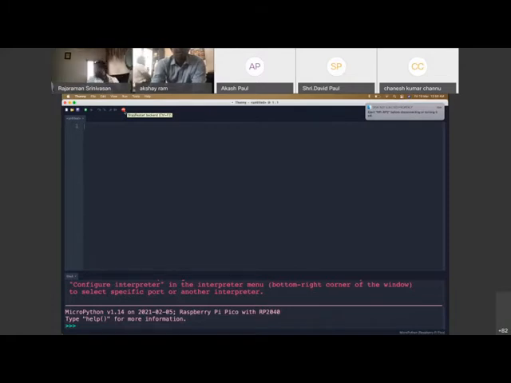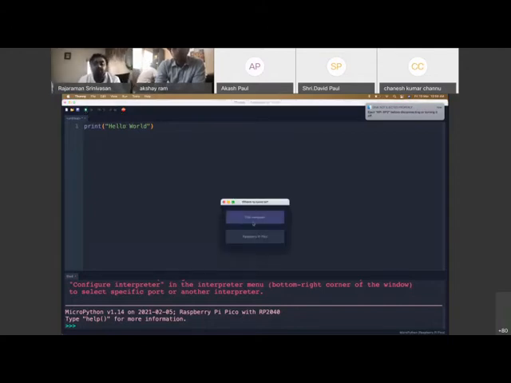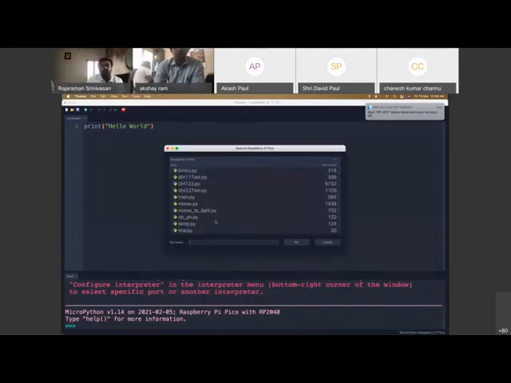So we will go print, open quotes, hello space world. All right. So now to run this, you would be pressing this green button. So it would ask you where you want to save it. So preferably you can save it on the Pico. So now you have to name your file. You can name it hello world,